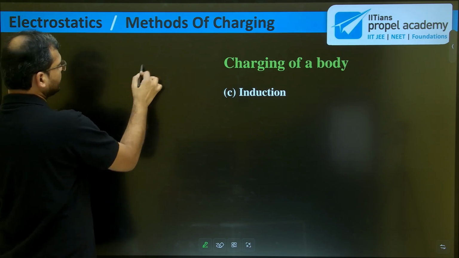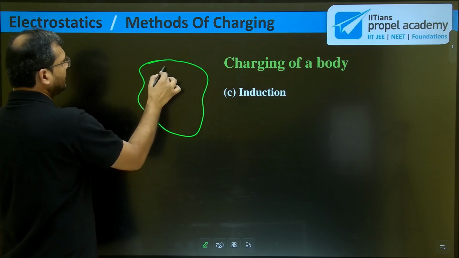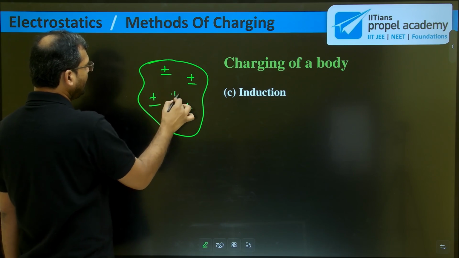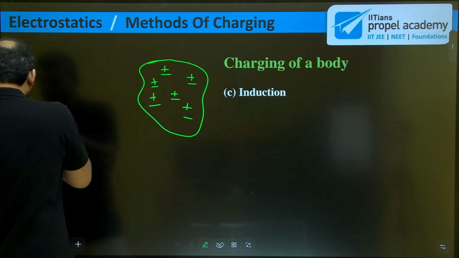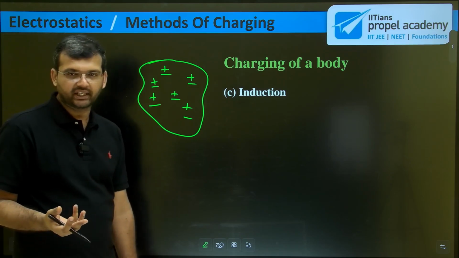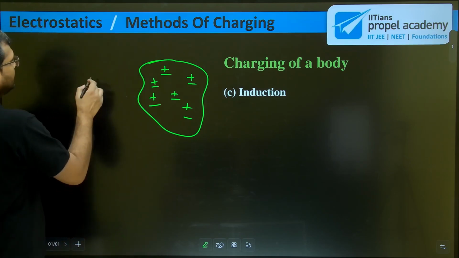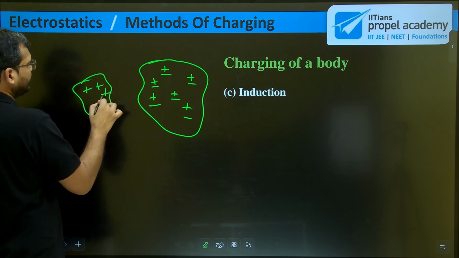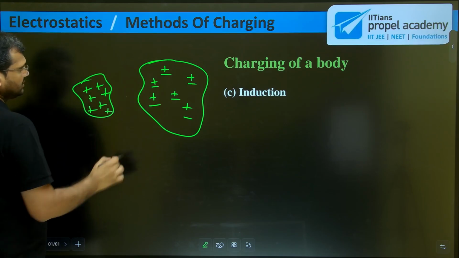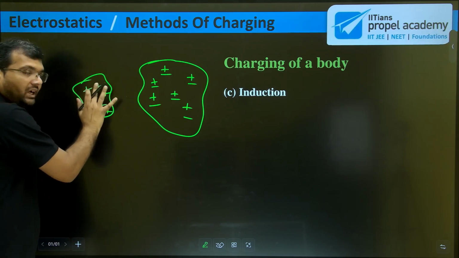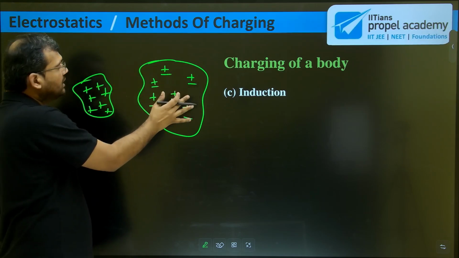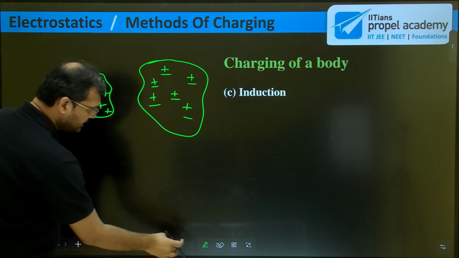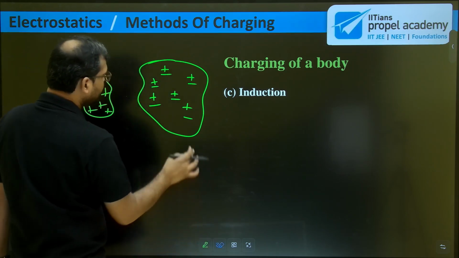How is this possible? Let us say I have a neutral body where I have both positive and negative charges. Now I will bring a positively charged body here, let us say a glass rod or any object that has positivity. Because of this positive charge, immediately what happens is